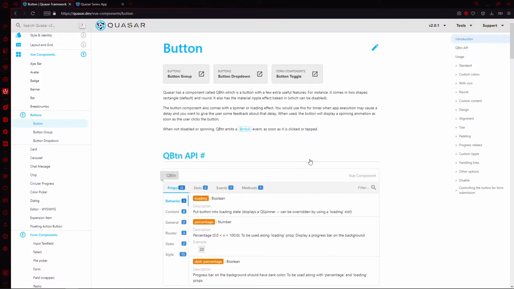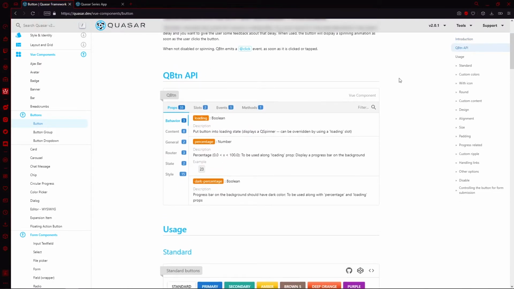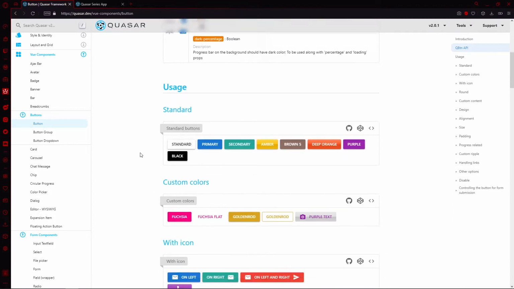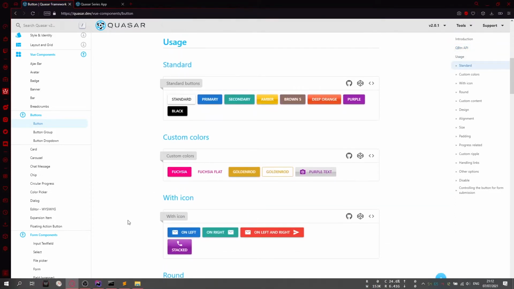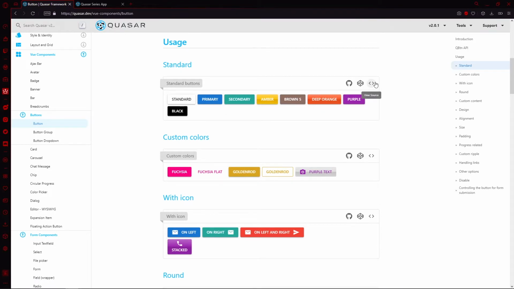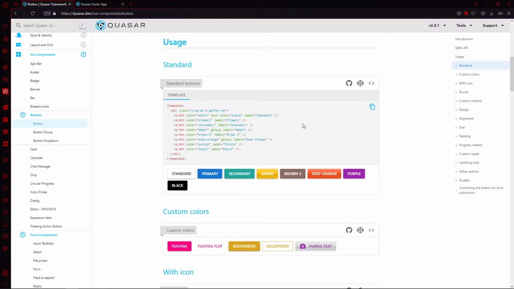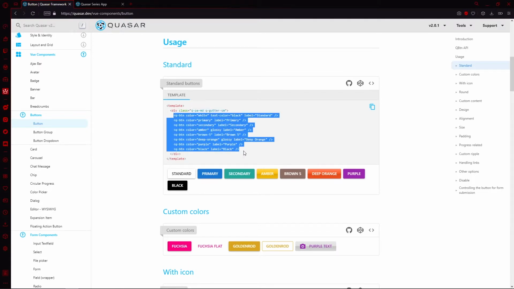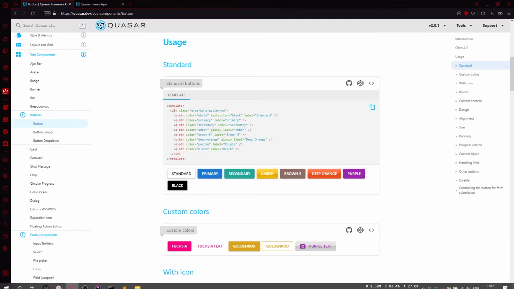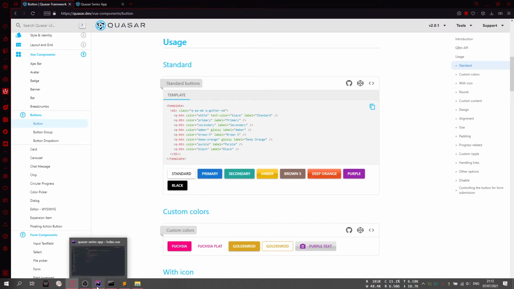So looking at the documentation, it says here that Quasar has a component called QButton, which is the button itself, which is useful as well as packed with useful features. So here you can see that you have the QButton API as well as some typical usage. So in this case, we can try implementing the standard button. So in order to do that, we can click view source in order to see the source code. So as you can see, you have several implementations right here. So what we can do is implement the primary one, just to give a quick rundown of how to use